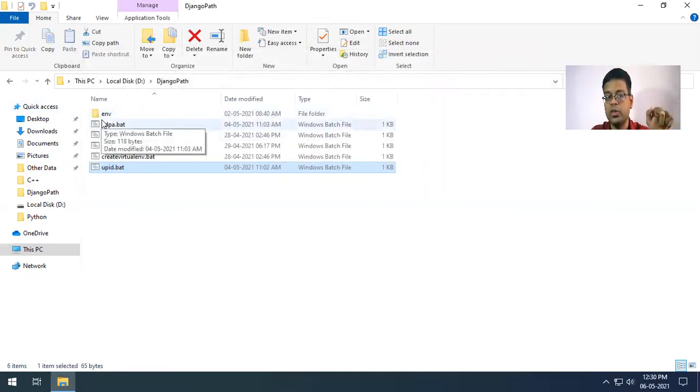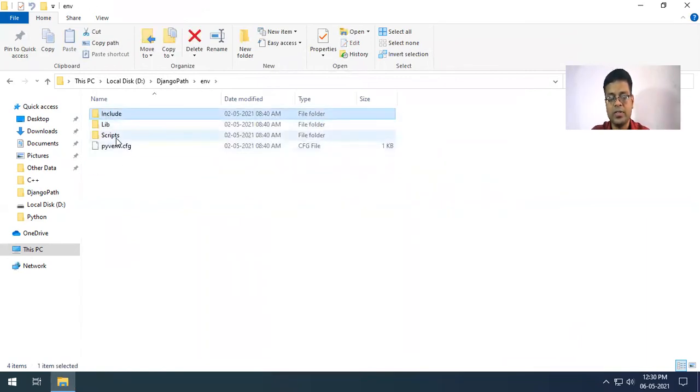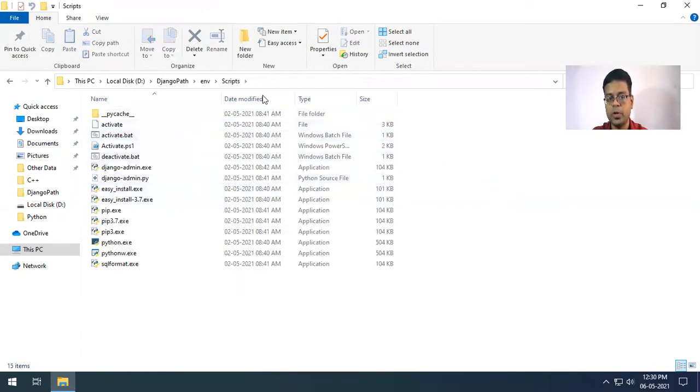An upgraded version of pip is already available in the env folder. That env folder is on the system path now. So we have put this scripts folder on the path. That means whenever you use pip, the operating system will look in this folder and say that yes, pip is installed. We will directly run the pip command. And for installing Django, yes, Django is also installed. You can see it in the folder. It is on the environment path and it is installed in this folder. So it will directly create a project for us.